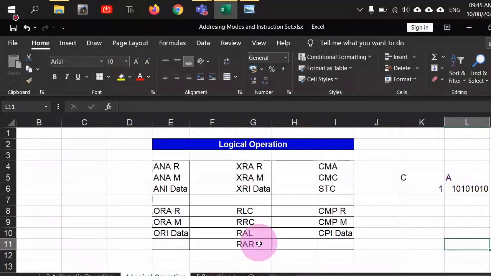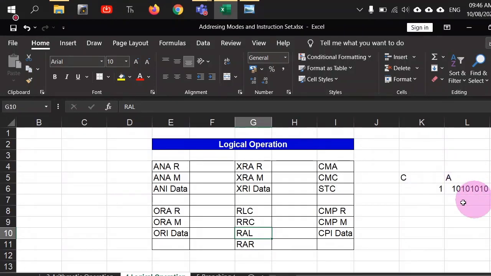So now when you execute this RAL command, what will happen is, since L is there, it is for the data movement in left direction. So data will move in left direction, and R stands for rotate the accumulator to the left. So how will the data be rotated? This 0th bit will become the first bit, the first will become the second, the second will become the third, and so on and so forth. The last bit is spilled out of the accumulator, so it will be going to the carry flag, and the bit of this carry flag will go to this 0th bit of the accumulator, which was empty.